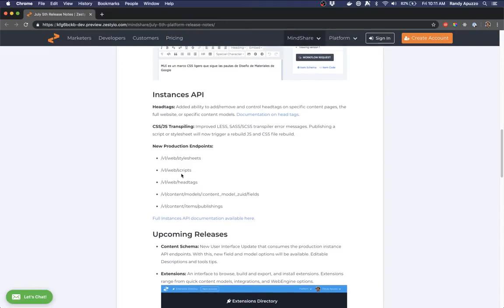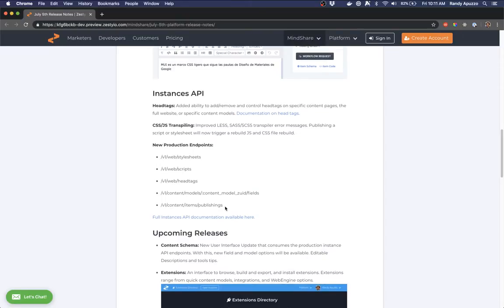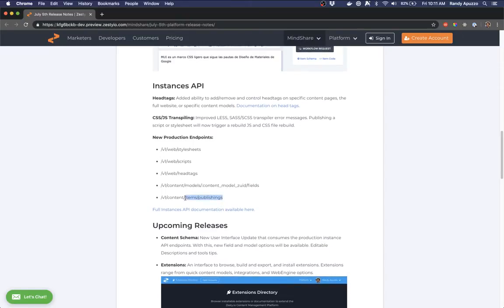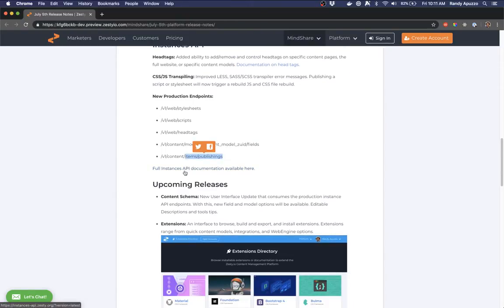A couple of new endpoints available are style sheets, scripts, head tags, the fields endpoint, which is going to be supported by the new Schema interface that is in production, or being in development right now. It'll be released soon. And the publishings endpoint. You can see the full Instance API documentation from a link here, which will bring you to